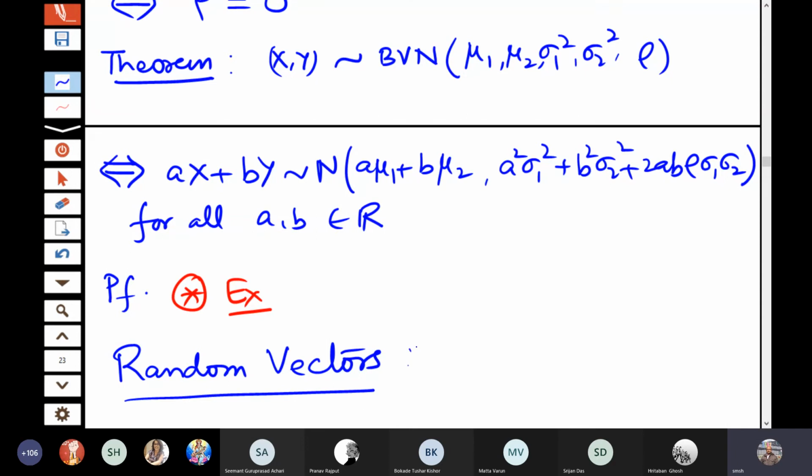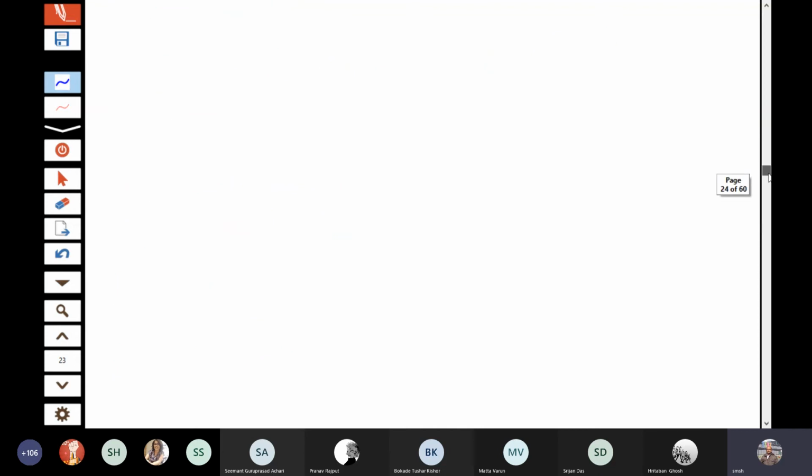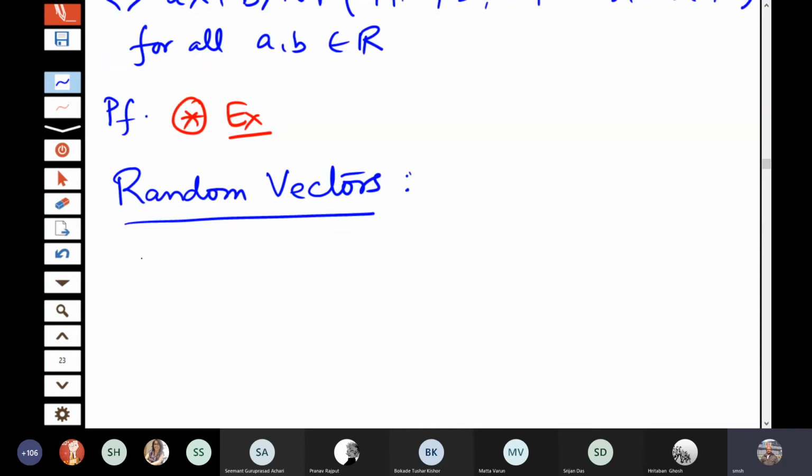So this concept of a two-dimensional random variable we can easily extend to 3-dimension, 4-dimension, and in general k-dimensional random variable. So I actually carried out all the detailed expressions for the two-dimensional, so that in the general case I don't have to write repeatedly all those things. So I will just give the notations here. For example, x is equal to x1, x2, xk is a function from omega into Rk.